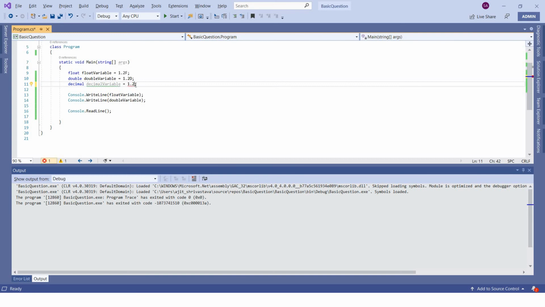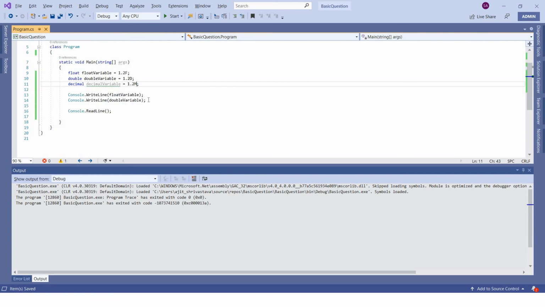To do that you need typecasting, which we will discuss in a later part of our videos. For now, to instruct the compiler that this is a decimal value, you have to give m. So m instructs the compiler that this is my decimal value.